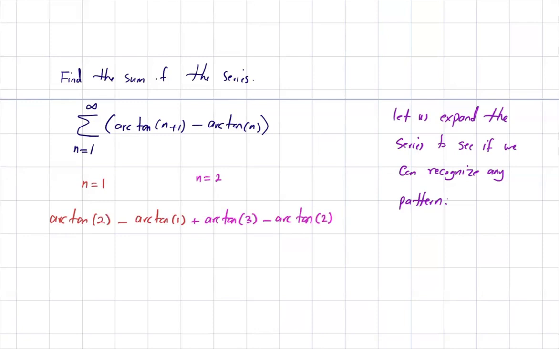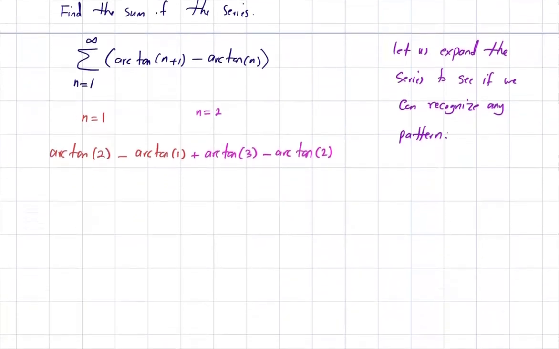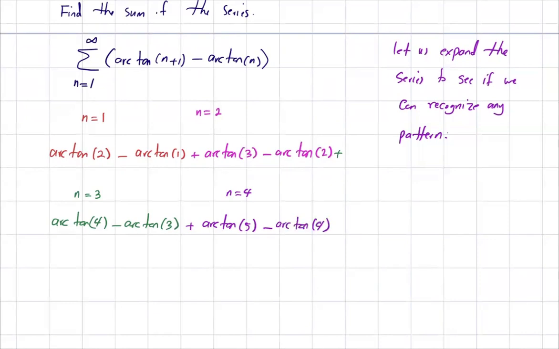Well, if n is equal to 3, let's see, you get plus inverse tangent of 4 minus inverse tangent of 3. If n is equal to, for example, 4, you get inverse tangent of 5 minus inverse tangent of 4. Let us stop. If I continue this process and take a look at these initial terms, what I see here,